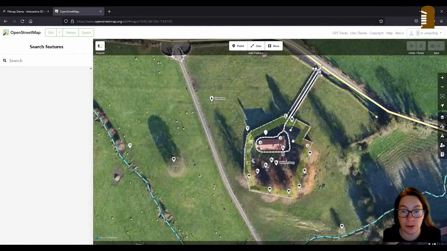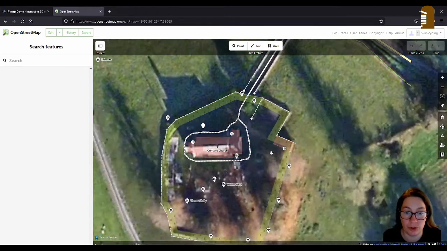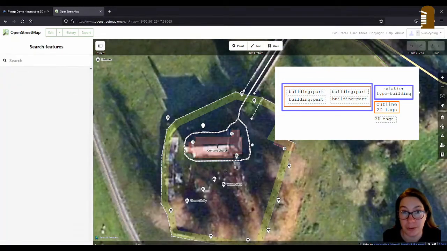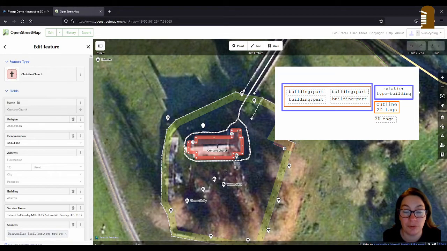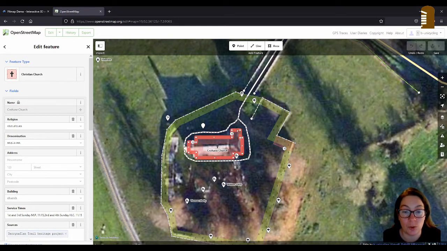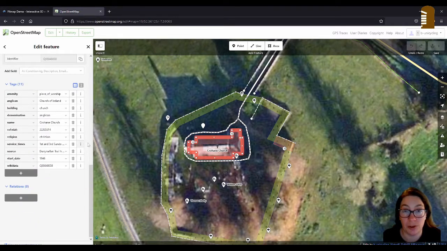When you do complex mapping with different building heights, you have to draw a bounding box around it, so to speak. If the church is already mapped, you can just use the one that's already there, but you might end up adding more details, and then you might have to extend it. So what I would recommend doing first is that you get all the tags that you have, what we call the 2D tags, that have no building height or roof shape.